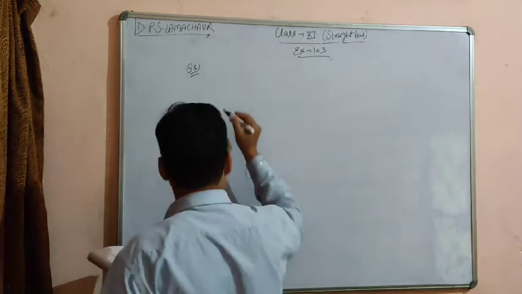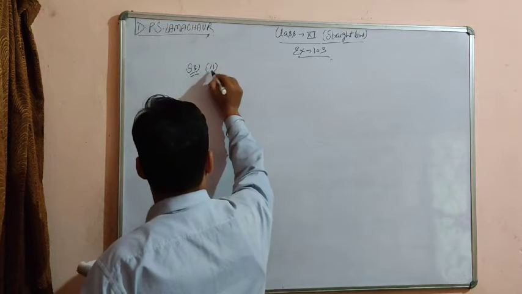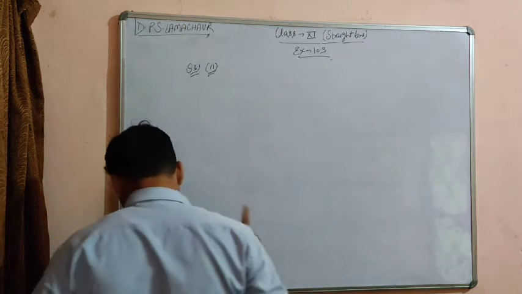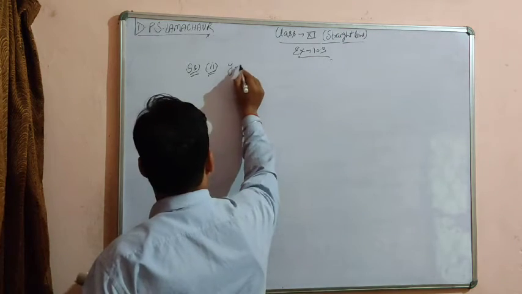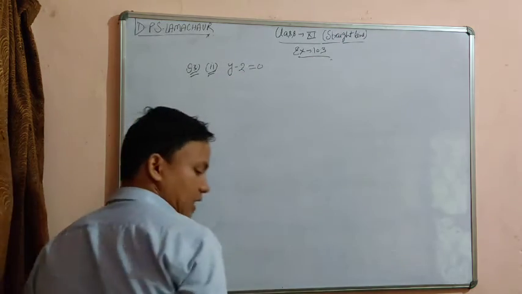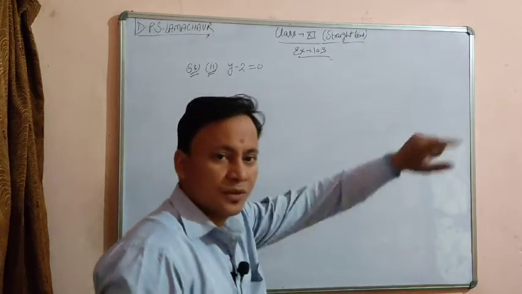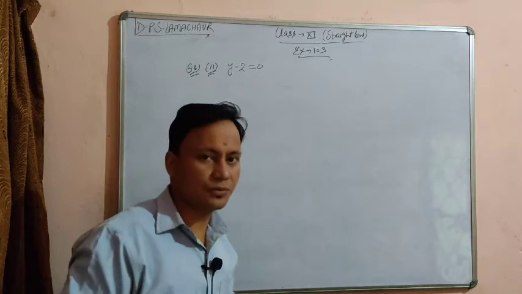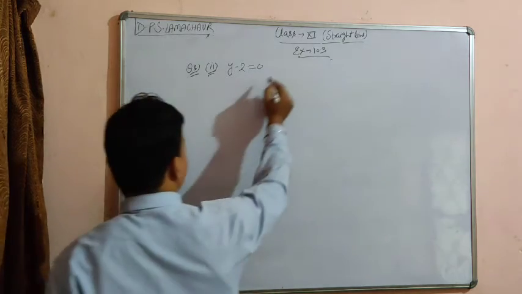So the first part of this question number 3 I have done in my class. So I am taking the second question, which is y minus 2 is equal to 0. This is the general equation, and what we have to do here is reduce this general equation in terms of the normal form of equation. So what is the normal form, beta?